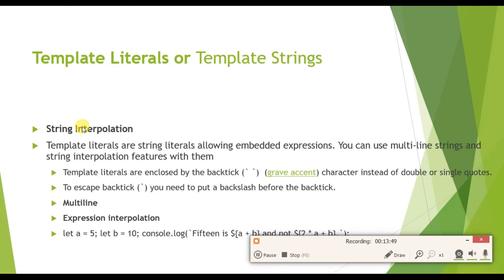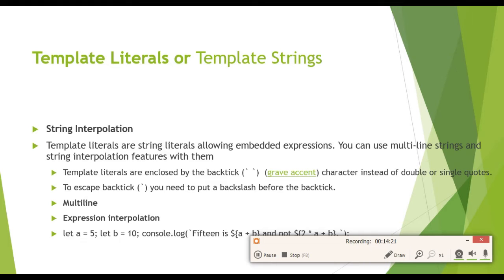Template literals are enclosed by backticks, as already said, instead of double or single quotes. You don't need to use any double quote or single quote for any string literal. You just put your template literal inside the backticks.